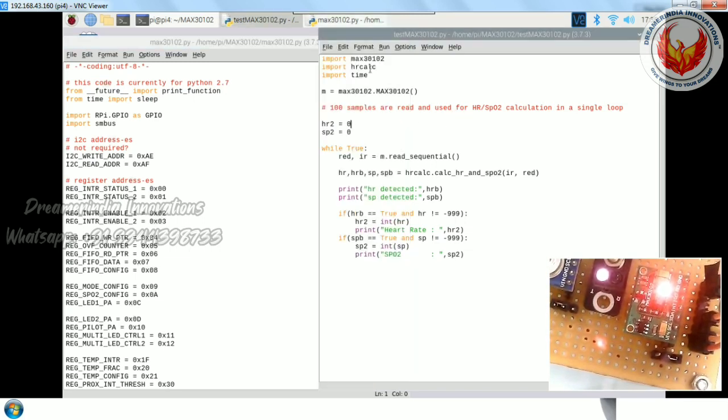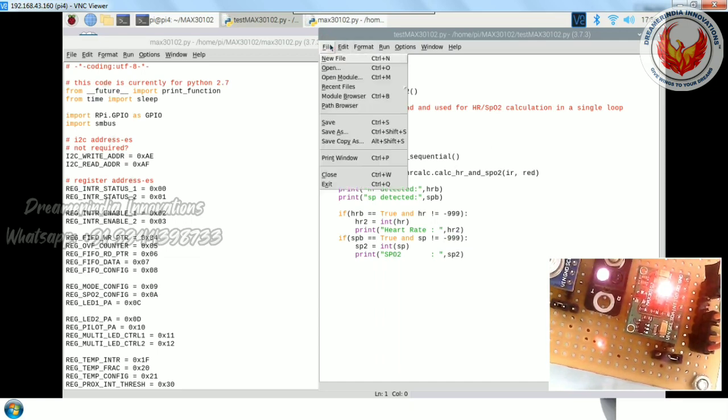Then we have another file, that is hrcalc. I have taken this code from the web, where they have tried some averaging, because we know that a pulse oximeter sensor is very difficult to get a stable value from. Of course, this also needs a lot of tuning for getting a stable value, but they have tried something, so I have imported that also.